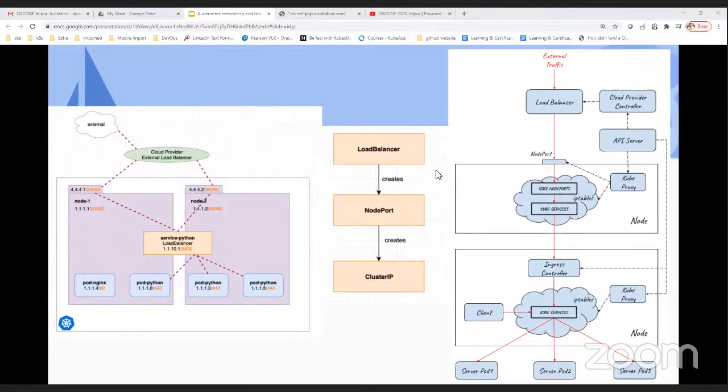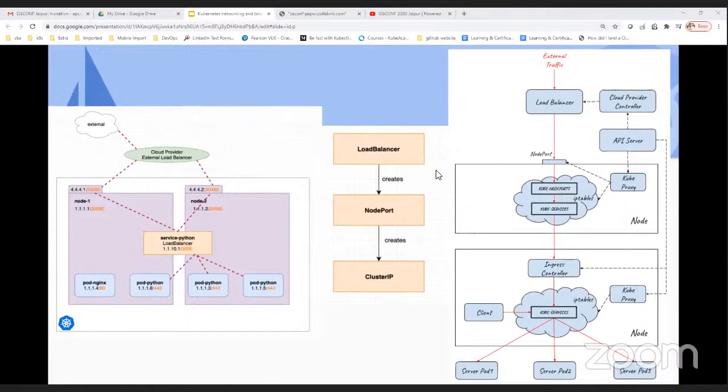Behind the scenes, if you look at the Python pods, like 11.1.6.3.5, those are the Python pods, and they will get connected to your cluster IP against 3000, and the 11.10.1 cluster IP will get connected to your node port, and from the node port it will get connected to your external load balancer. So I hope it is pretty clear how traffic flows from the external world to the actual pod.